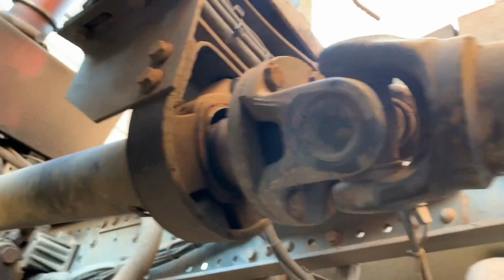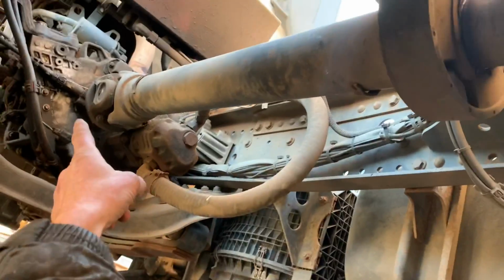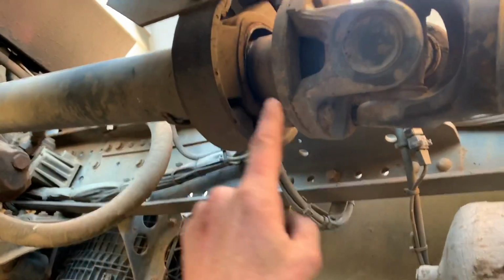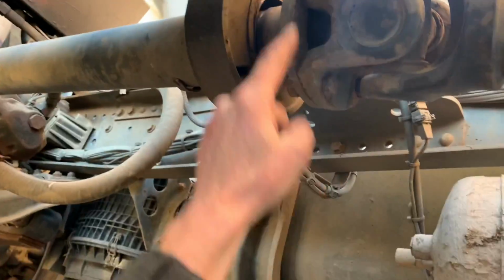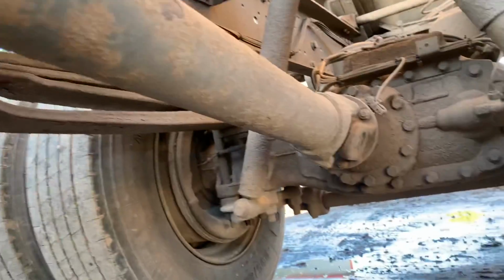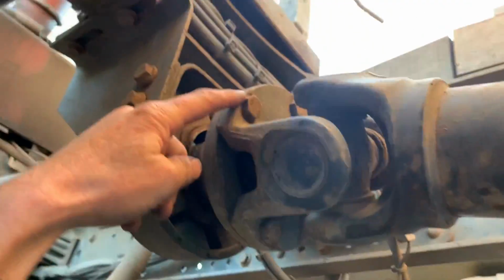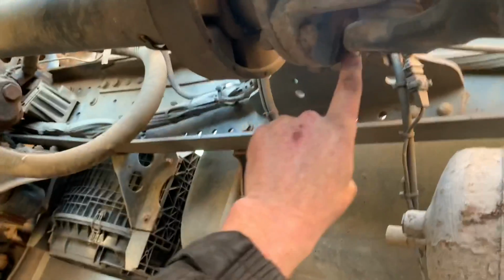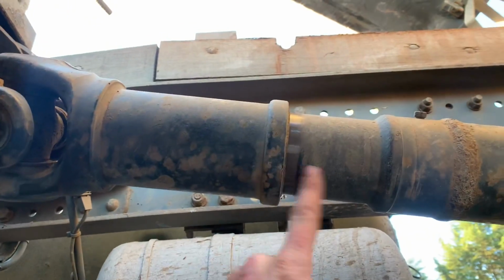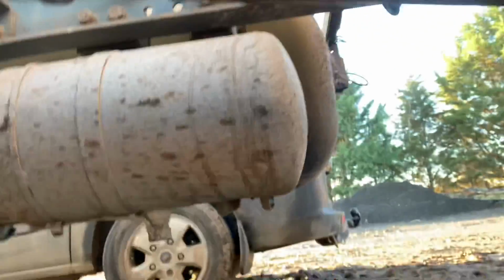Right, what we're going to do here is, this is in two separate bits, the propshaft. The front bit, look, goes to a flange here, which bolts together, and then that bit's all one as well. From there to the diff is all one. But all we need to do is take these four bolts out, here, here, here, and here. That will slide back, there's a slider there, look. That will slide back, then we can put that prop shaft out the way,